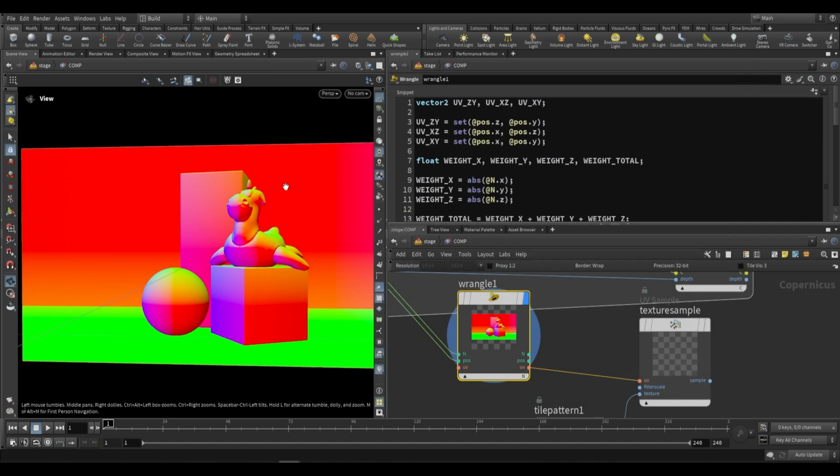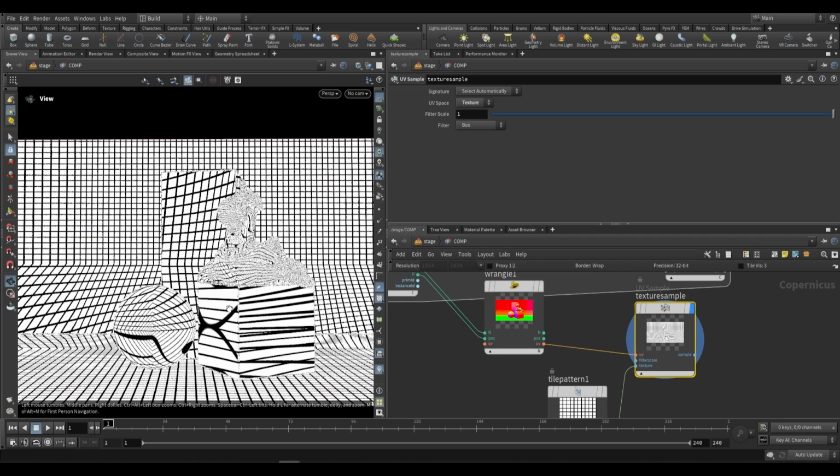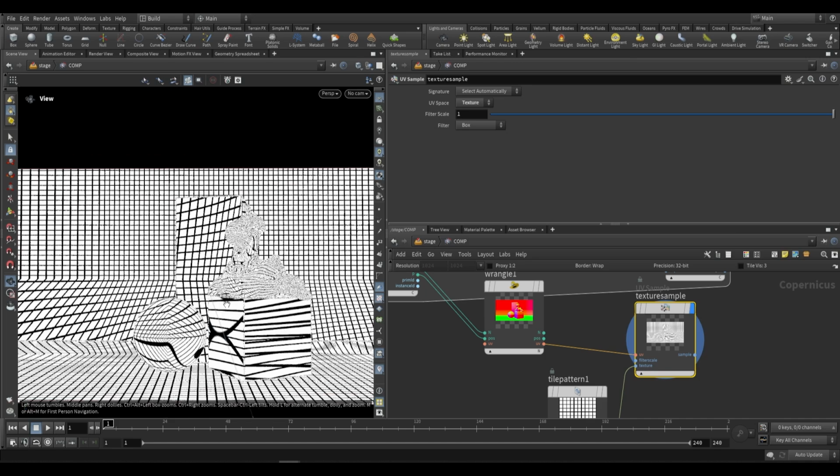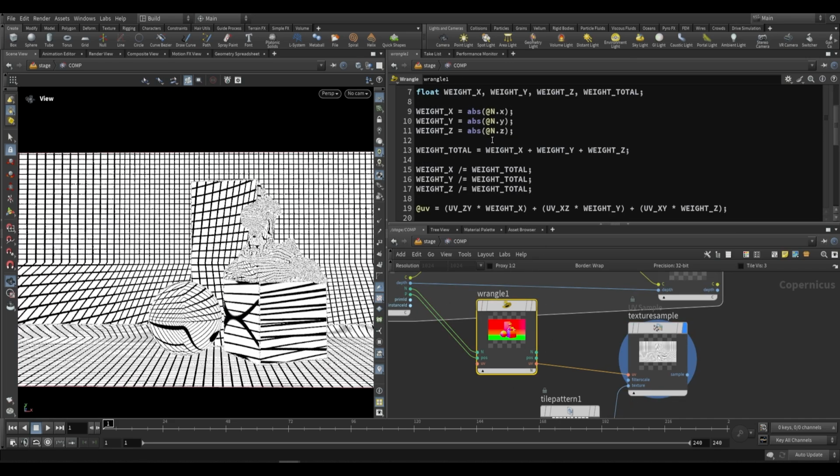If we apply and accept, and then take a look at what this looks like, you'll see that it looks a bit messy. And that's simply because there isn't perfect alignment occurring for every axis. So the way that we're going to work around this is by narrowing in the values for our three various weights. What's happening here is that it's blending too much between two axes as opposed to finding an axis that fits most closely. The way that we can improve this is by putting each one of these to the power of some value. So if we go power of, let's say, 10, and then do the same for all of them,